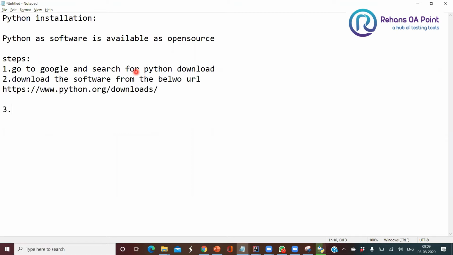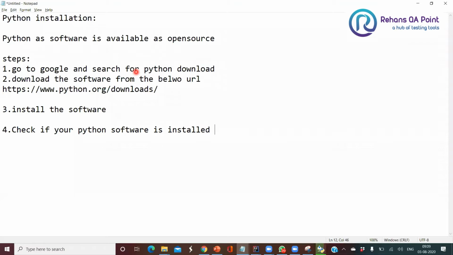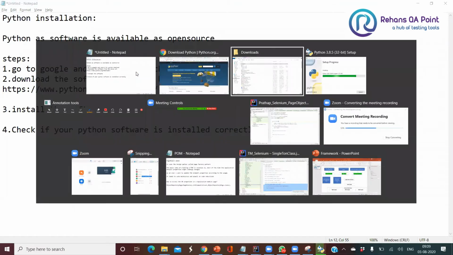Then install the software. The fourth step is to check if your Python software is installed correctly.